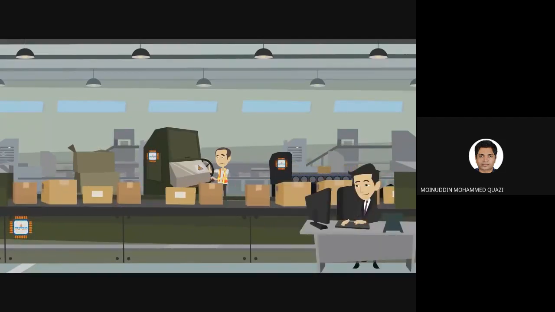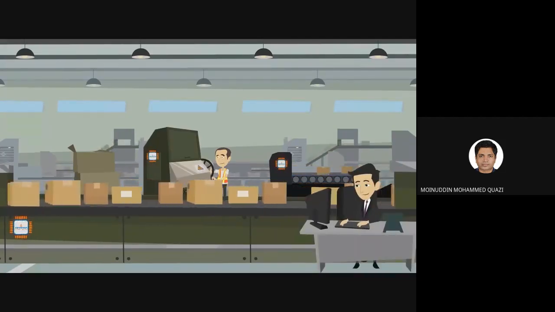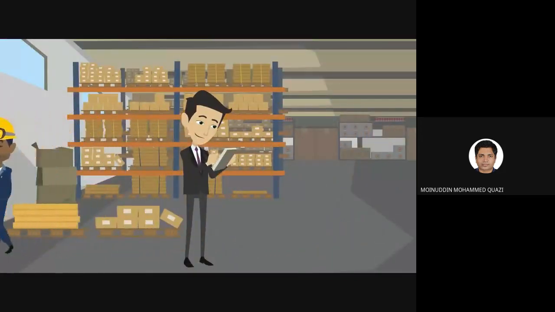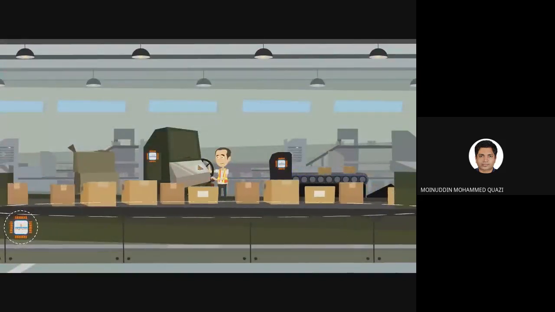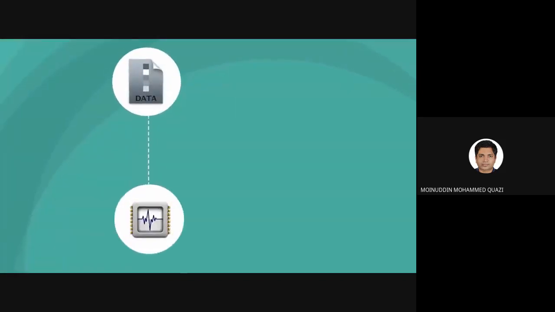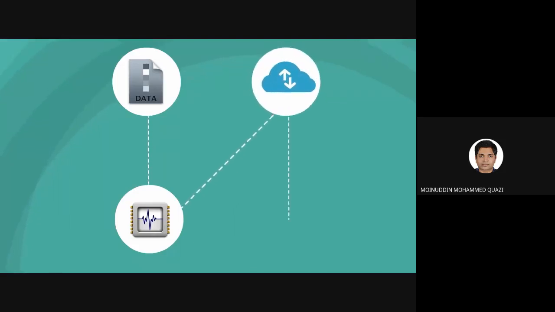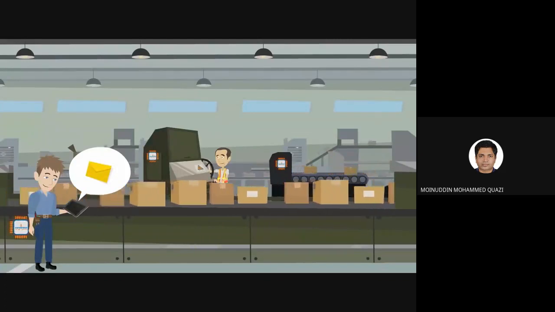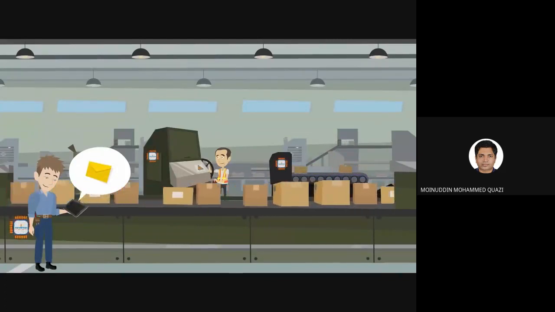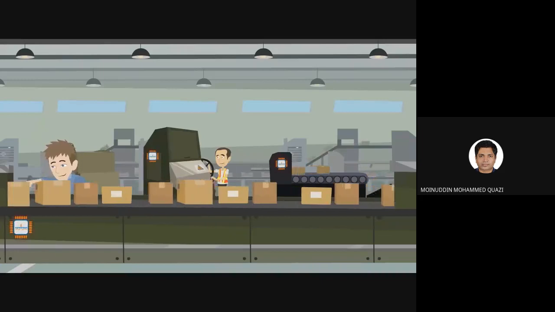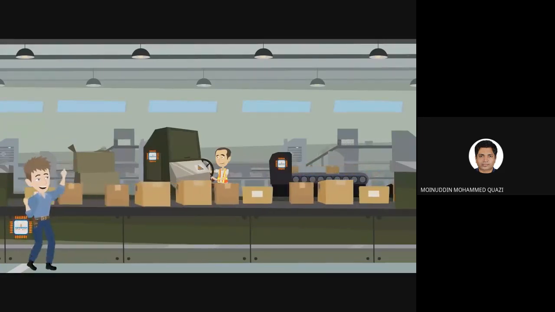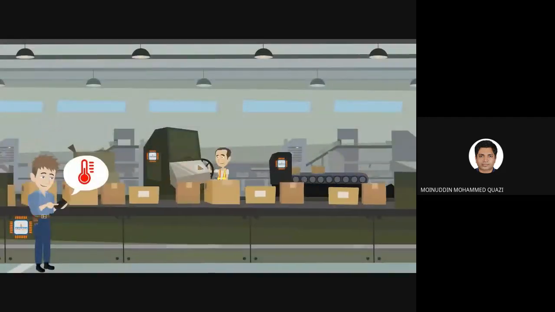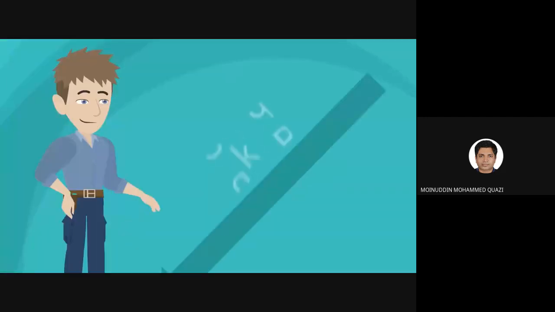In this production unit, IoT systems can help in monitoring production flow in real time to eliminate waste and unnecessary work in inventory production with the help of the sensors installed in the conveyor belt. All the data gathered by the sensors is sent to the cloud for analysis and creating predictive models. Not only this, but it will help engineers in implementing condition-based maintenance alerts to eliminate machine downtime and increase output by predicting machine failure. IoT can also help management to manage machines remotely, knowing temperature limits and other settings to save energy and reduce costs.